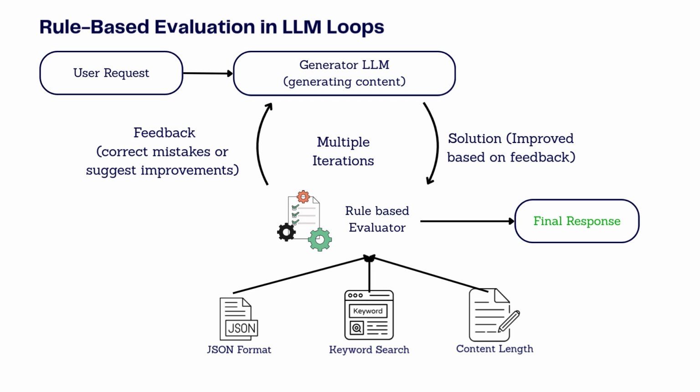The evaluation results are sent back to the generator LLM, guiding it to improve the next iteration. The loop continues until the output meets all the predefined criteria. Rule-based evaluation is a fast, consistent, and predictable way to guide LLM outputs. By applying predefined checks, we can quickly identify errors, enforce structure, and ensure the output meets required standards. It's especially useful for tasks where rules are clear and measurable, like data validation, code formatting, or specific content guidelines.